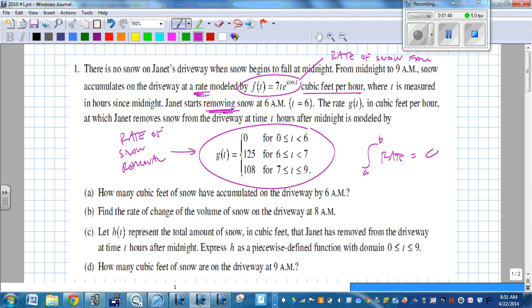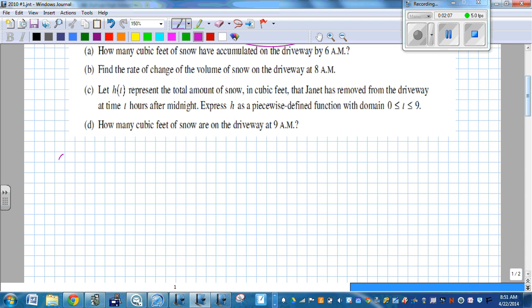And that's going to give us the change from t equals a to t equals b. How much has changed? So in this case, how much snow is accumulated, how much snow has fallen on the driveway from 0 to 6. So for part A, we're doing the definite integral from 0 to 6 of f of t,